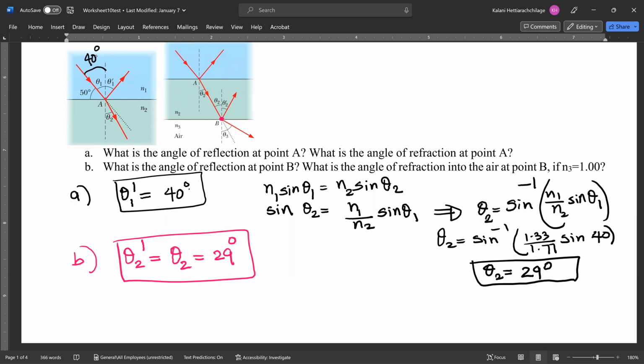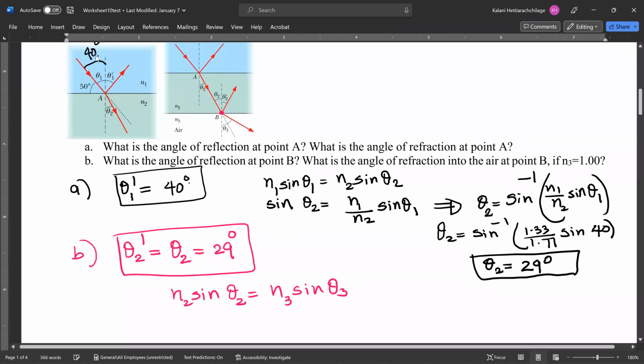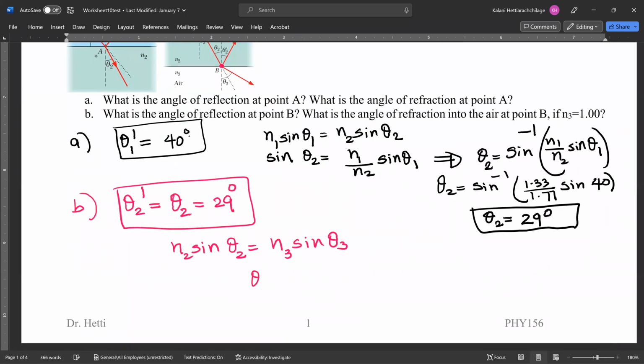And next part, what is the angle of refraction into the air at point B, where air has refractive index 1? So now we're going to write Snell's law at point B by taking N2 sine of the incident angle theta 2 equal to N3 times sine of theta 3. So what we are looking for is theta 3. You can write theta 3 equals sine inverse of N2 over N3 times sine of theta 2,